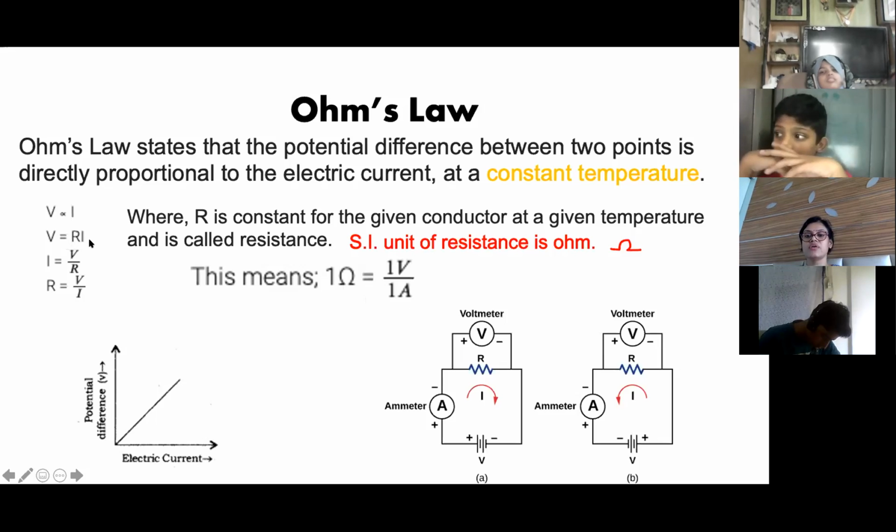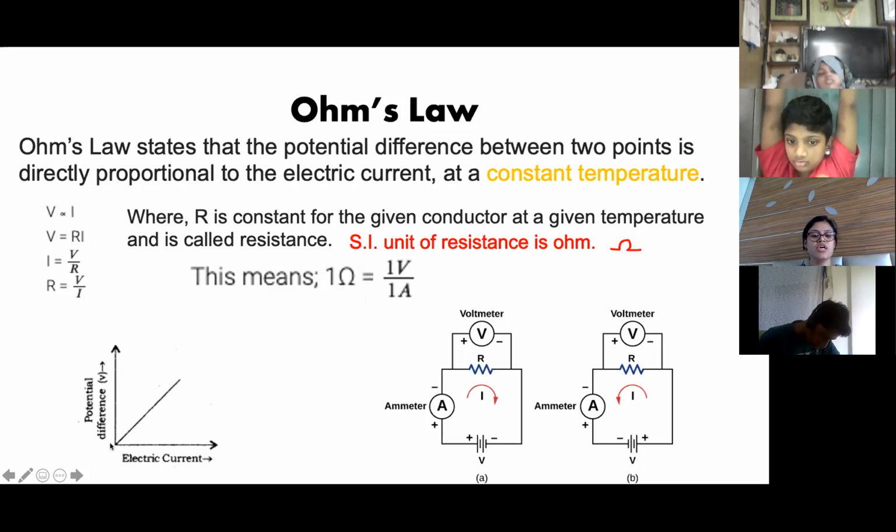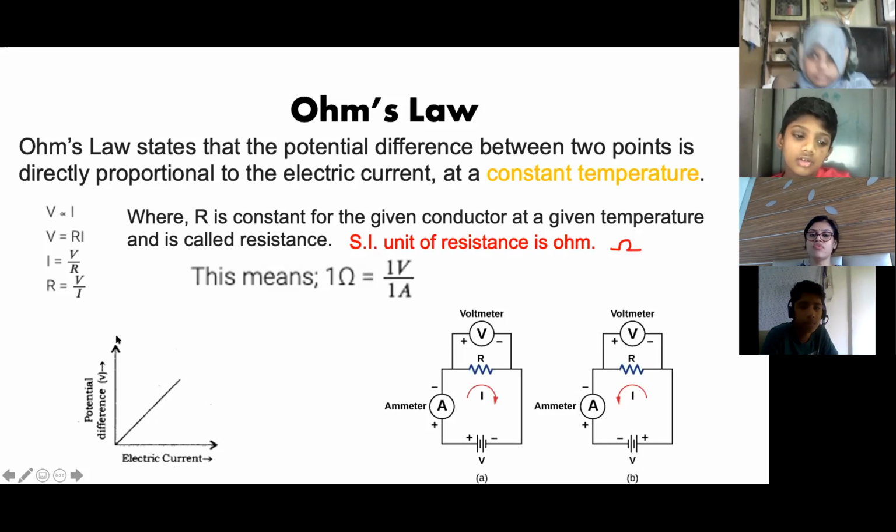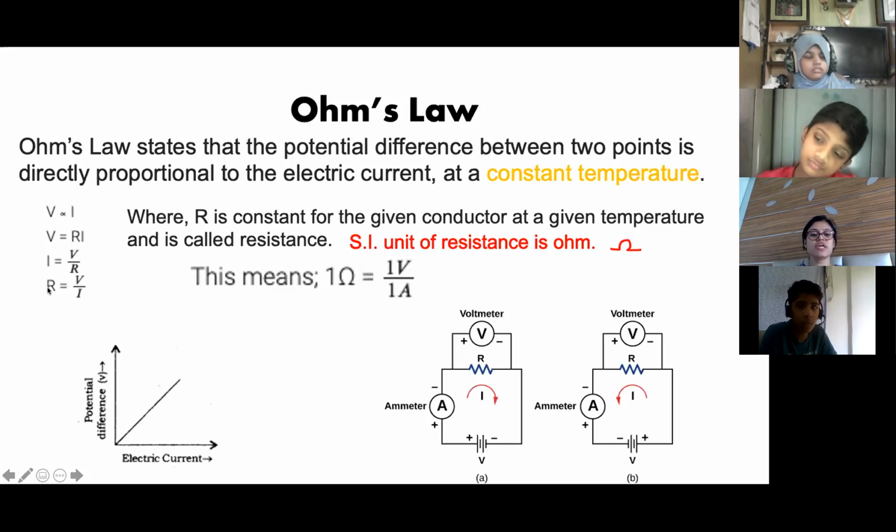The relationship between potential, current and resistance is V is equal to IR. Now, whenever there is a direct proportionality, I have told you there will be a straight line graph. So when you plot a graph between V and I, you will have this straight line graph. This is also a question which is asked: what type of graph do you get in Ohm's law between V and I? I is on the x-axis and V is plotted on the y-axis. This experiment is done at constant temperature. You will get a straight line. And if you find the slope of this graph, you will get resistance.